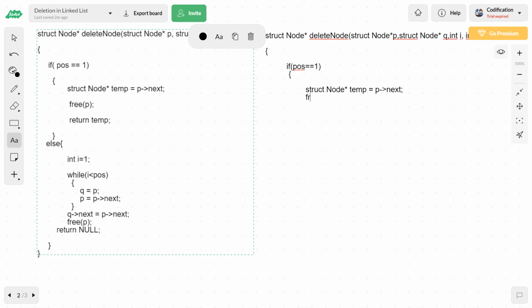With the help of the free function, deallocate the memory given for the first node, free of p. Then the address of the first node has changed because we have deleted it, so I'll return the address of the new first node, return temp.